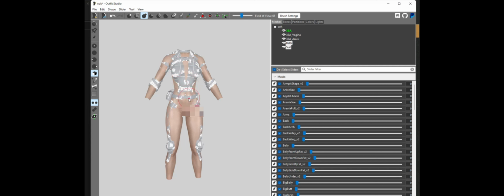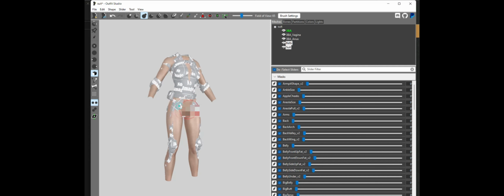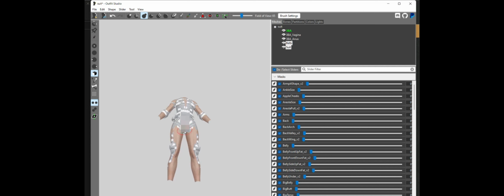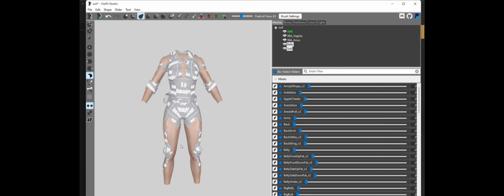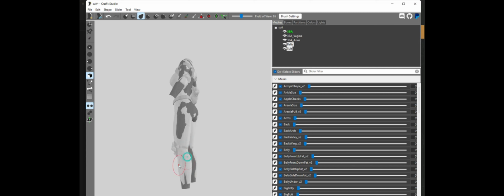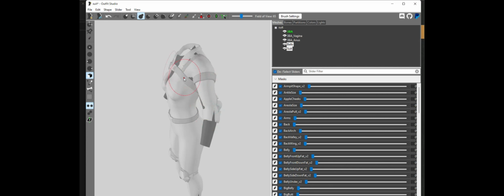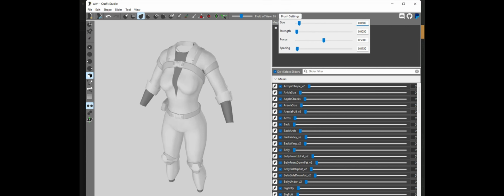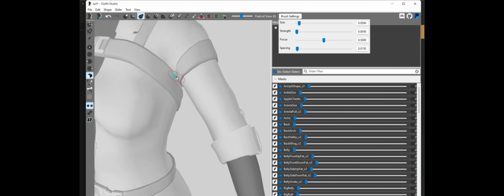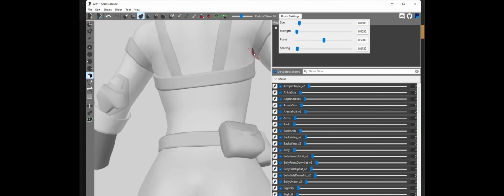So now I gently, slowly bring the armor back above the skin. In order to view better, you can also press the T key on your keyboard to suppress the colors. Pressing T again will bring back the colors, don't worry. When it's almost done, I will reduce the size of the brush to finish the small details that were very difficult to correct.